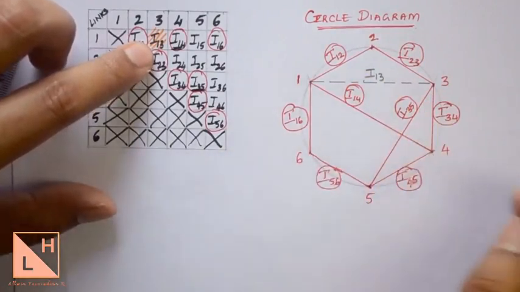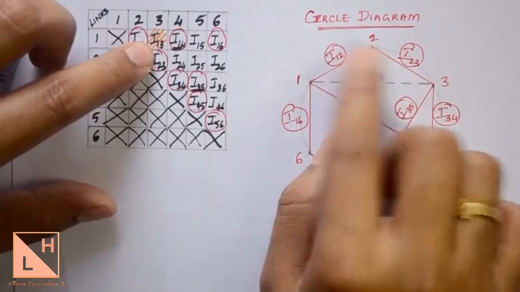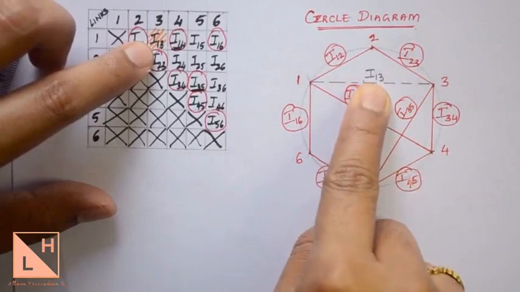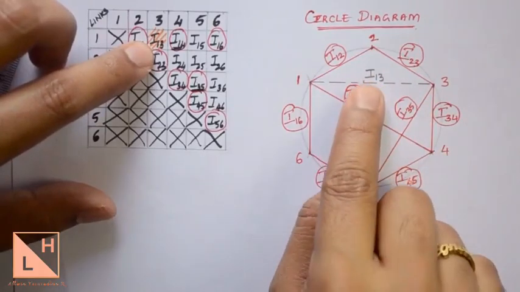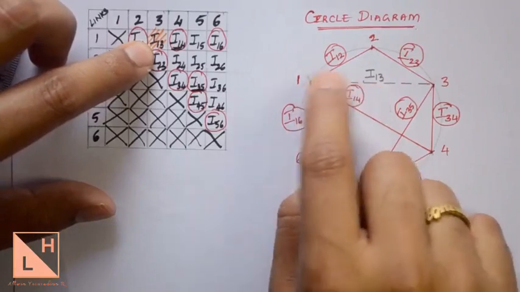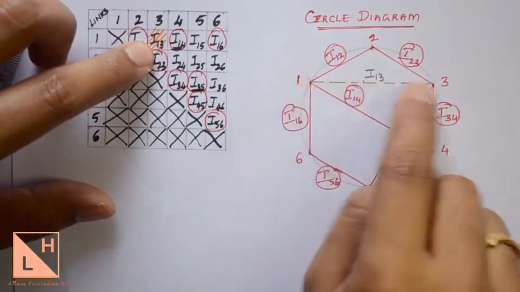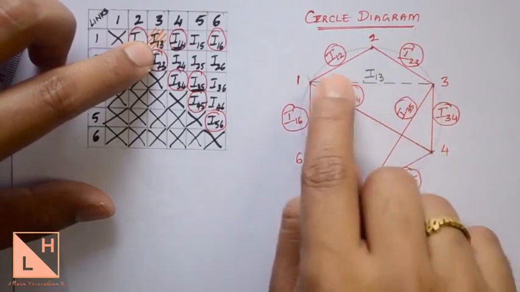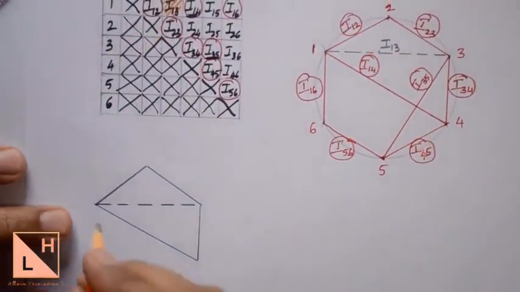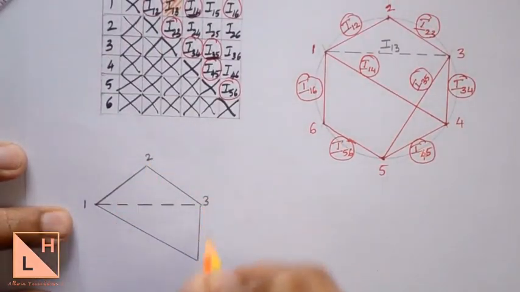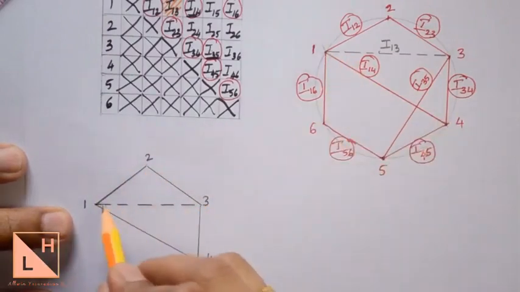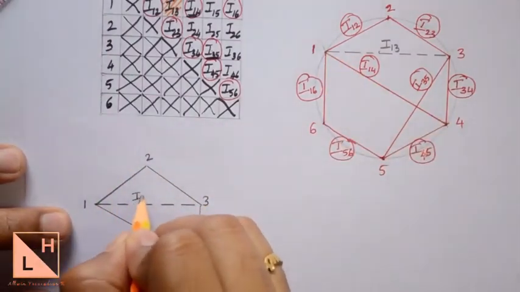So select only those two triangles separately for your better understanding. As you practice it again and again, you can refer to the same diagram for finding out the triangles and finding out which ICs to be connected in order to find the new IC geometrically. So as of now we are trying to find I13. See which are the triangles formed because of I13. 1, 2, 3 is one triangle, 1, 3, 4 is another triangle, right? So let us draw these two triangles separately for better understanding. Now from the circle diagram I have separated only the points 1, 2, 3 and 4, because by connecting 1 to 3 the two triangles formed are 1, 2, 3 and 1, 3, 4, where this will represent I13,